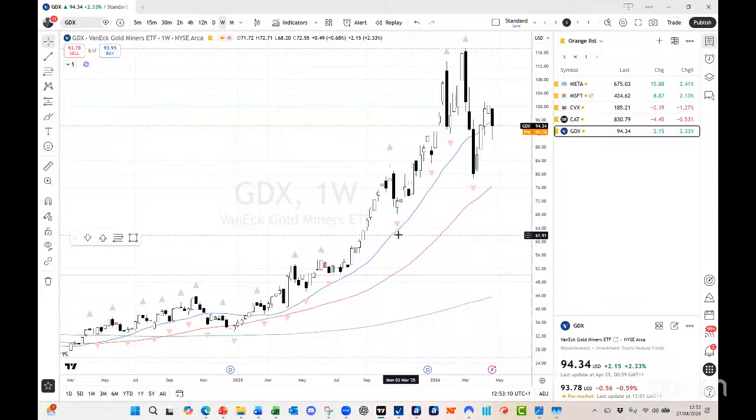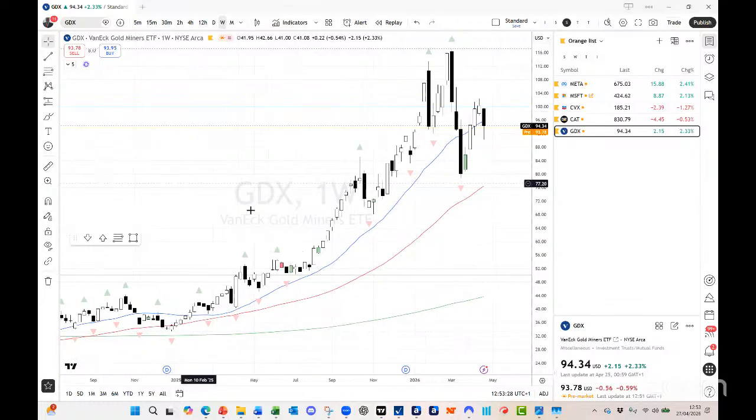But not unsurprisingly, as you can probably see, over the last couple of years, gold and gold miners in particular have been an interesting hedge against geopolitical risk, potential rate cuts, etc. But let's look at the charts a little bit more, because, as I said, sometimes there are interesting elements we can learn from. You can see this weekly chart has been a fantastic trend once again, just riding that.